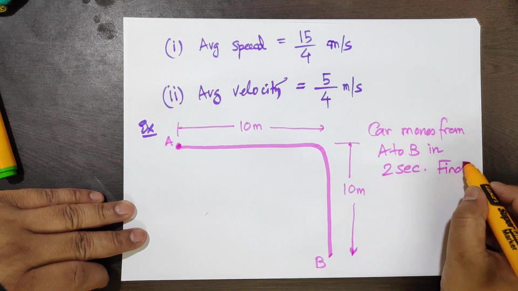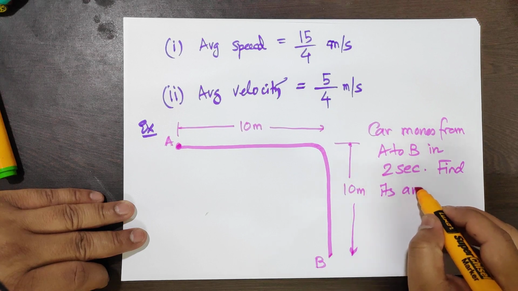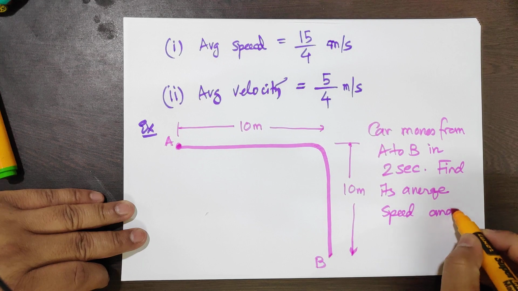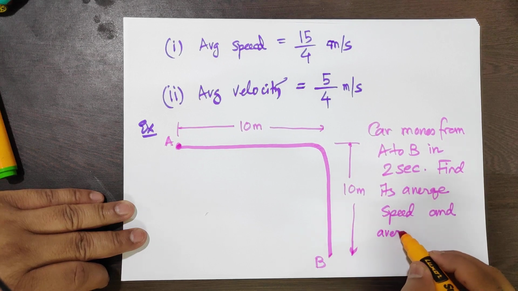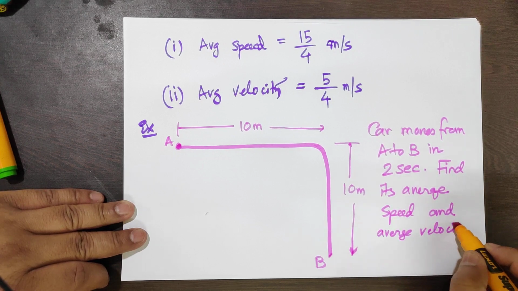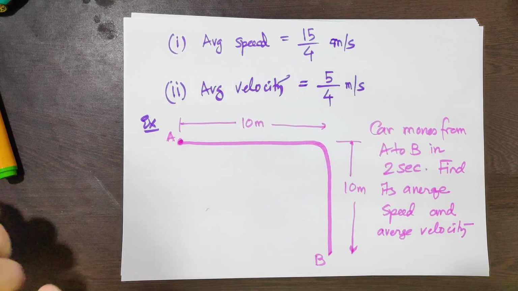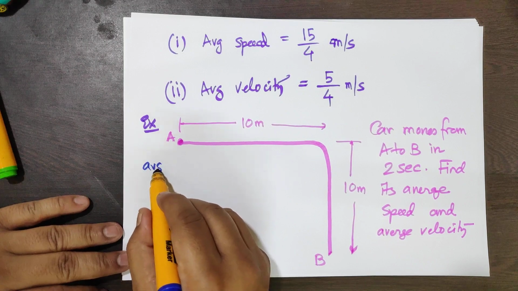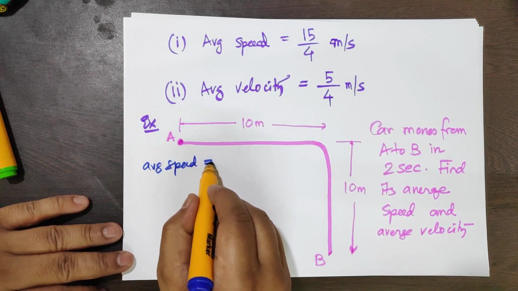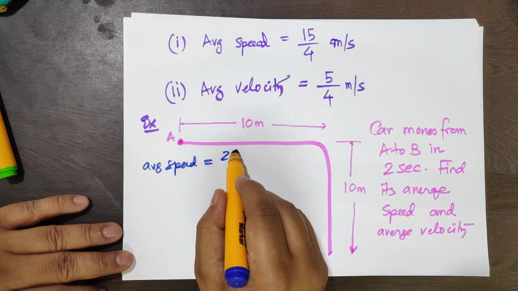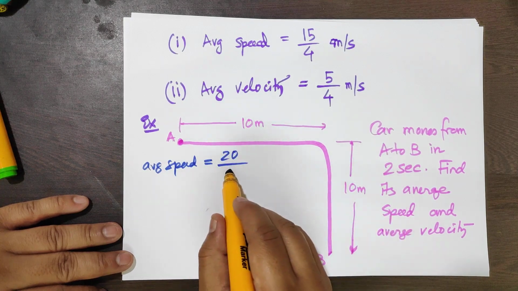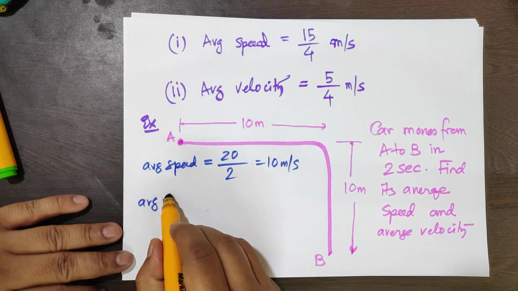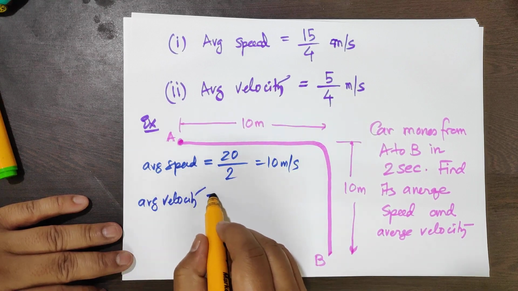Find its average speed and average velocity. So you'll work it out here only. Average speed will be total distance, how much? 20 meter by total time 2 seconds, that's 10 meter per second,